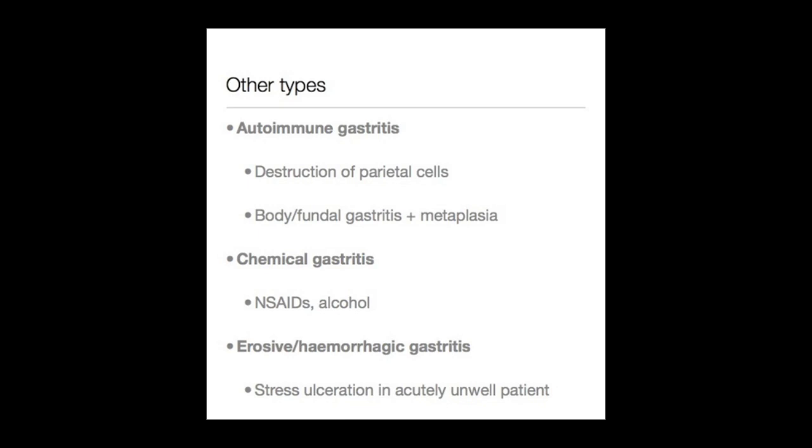Lastly, erosive or hemorrhagic gastritis refers to a pattern where a large number of defects in the gastric mucosa occur. There are two major settings in which this happens. Firstly, following ingestion of large amounts of NSAIDs, aspirin, or alcohol. The second situation is in the acutely unwell patient, where, often due to a reduction in blood flow to the